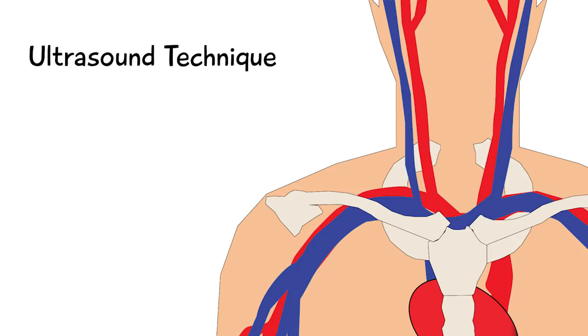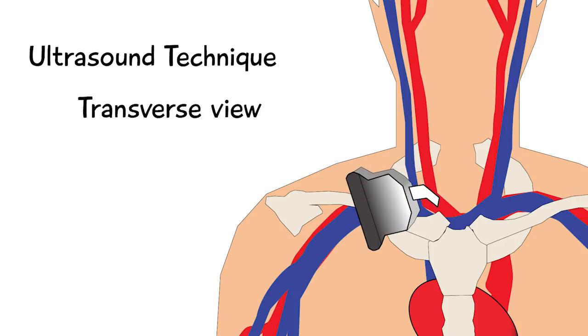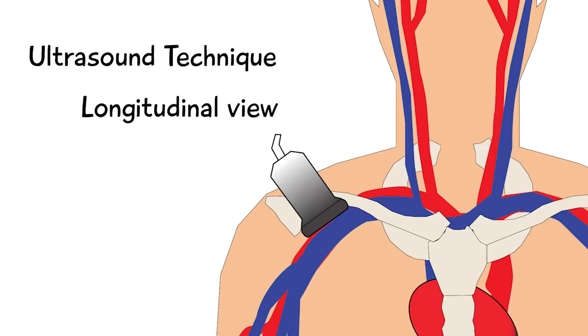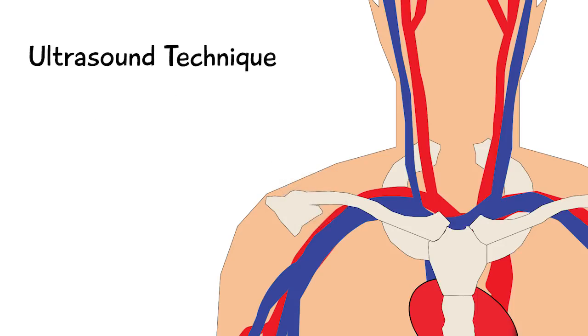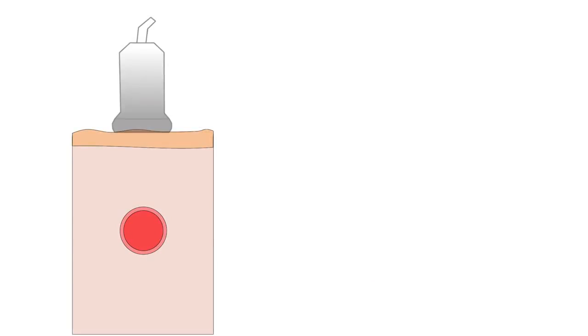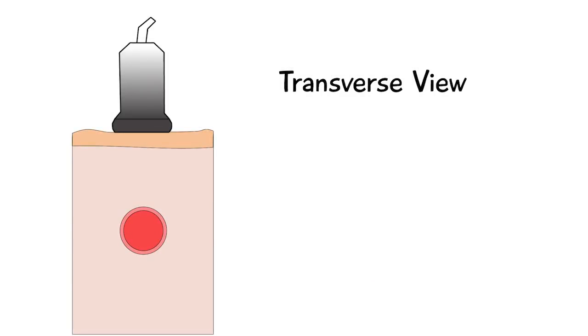Next, we will review the ultrasound technique, which uses two probe orientations. The first is transverse view, in which the plane of the probe is perpendicular to the vessel. The second is the longitudinal view, in which the plane of the probe is parallel to the vessel. This cartoon depiction shows the transverse view where the vessel appears as a circle in cross-section when the probe is